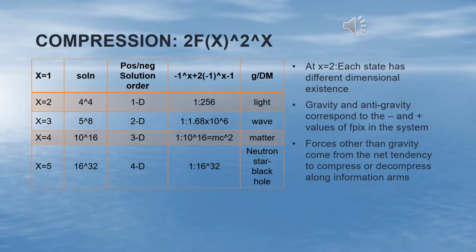For example, in the transition between x equals 3 and x equals 4 is where the electron and proton exist, and once it reaches a full x4 state, you have a neutron, and likewise molecules up to the level of a neutron star or transition states between x4 and x5. Dimension corresponds to compression state. For example, photons exist as a one-dimensional state. Space has no dimension, although it does have solution order that allows CT1 states to compress through alignment.